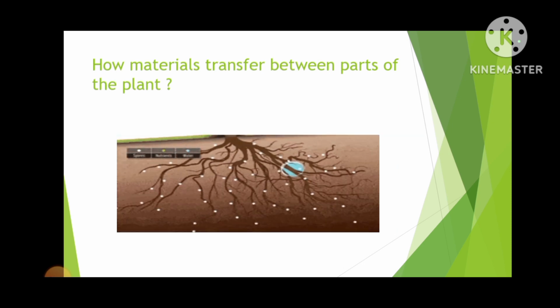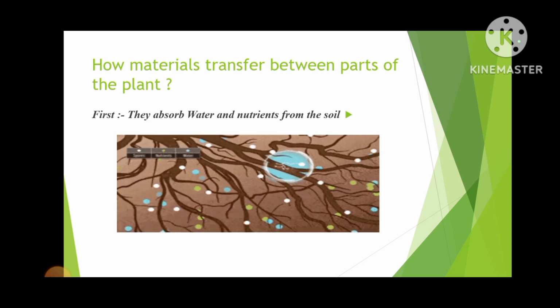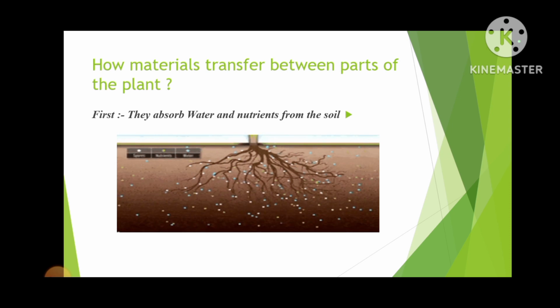At first, root absorb water and the nutrients from the soil, as we see in this picture. These are water and the nutrients move from soil to the roots, and the root take it and go to the stem. So root absorb water and the nutrients from the soil. So water and the nutrients transfer from the soil to the root to plant by root,